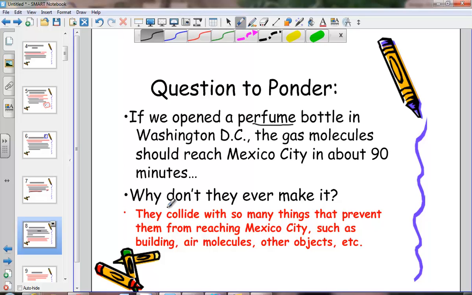But it doesn't happen, does it? So why? Why don't they ever make it there? And you all talked about, I see in your notes, there's a lot of stuff between here and Mexico City that's going to change the pathway of those perfume molecules. So anytime there's a collision, I know that it's going to change direction. So it never quite reaches Mexico City due to all the things that you've listed in your notes. Buildings, other air molecules, any other object it might encounter is going to change its direction, change the random walk